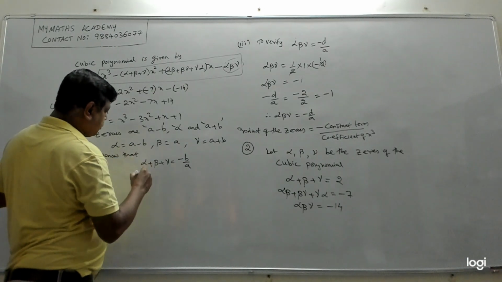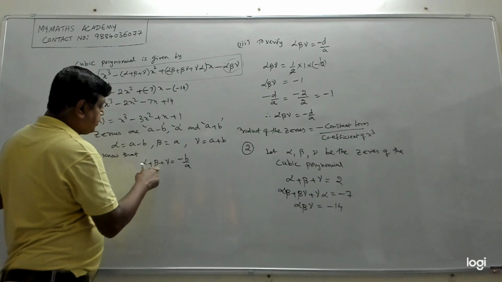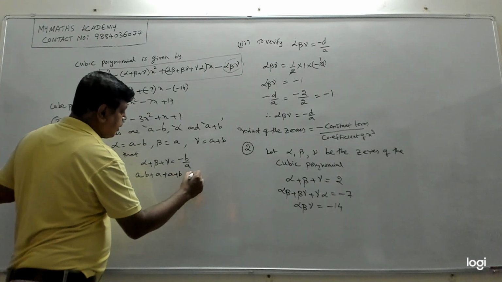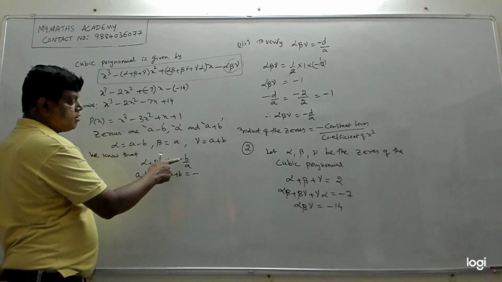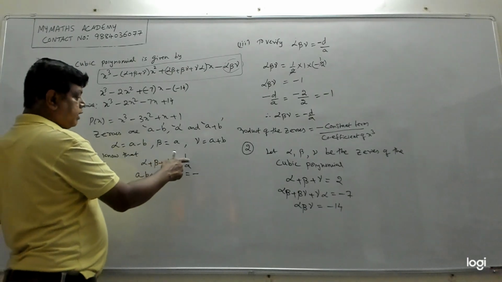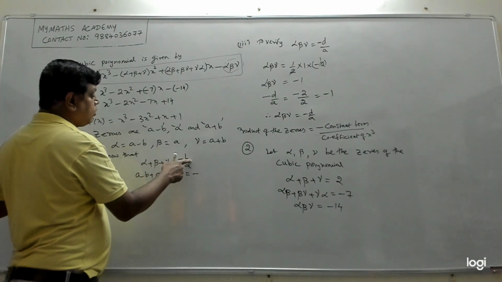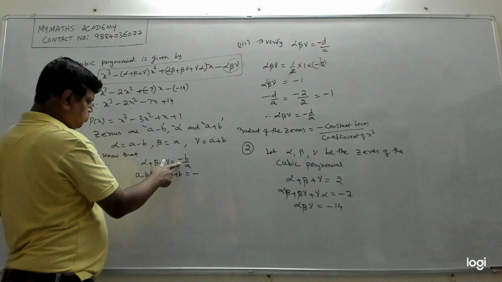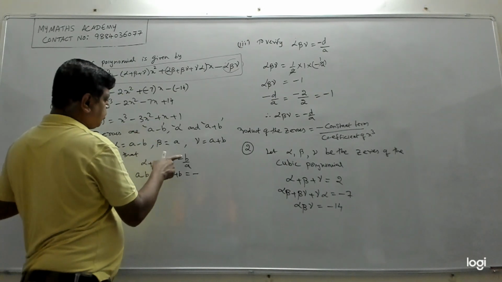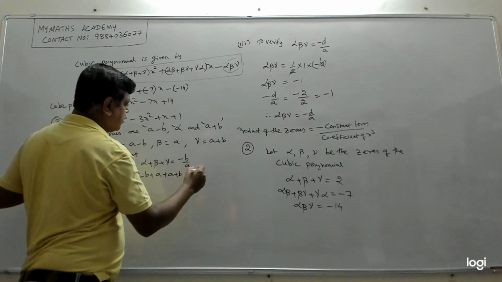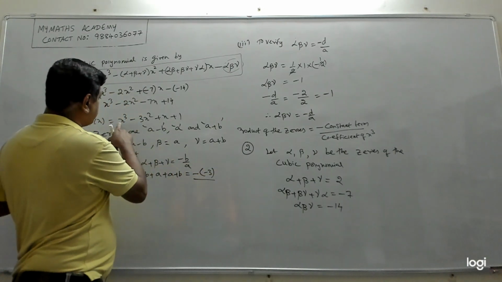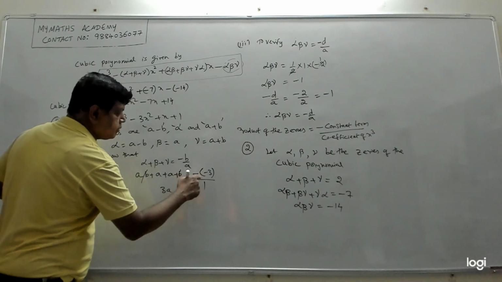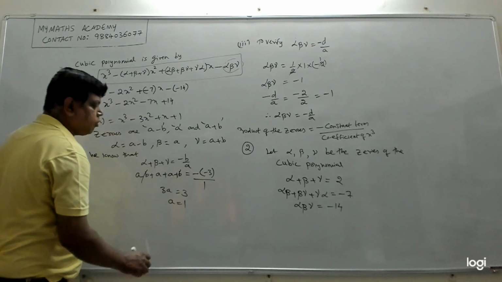So substitute. Alpha is a minus b, plus beta is a, plus gamma is a plus b, equal to minus b by a. Don't get confused between this a and b and the a and b of the polynomial. Now minus b by a is what? Minus b, where b is the coefficient of x square in this polynomial. What is the coefficient of x square? Minus 3. So minus of minus 3 by a, which is 1. So minus b plus b cancel and we get 3a equal to 3. Minus and minus make plus 3. So a is 1.